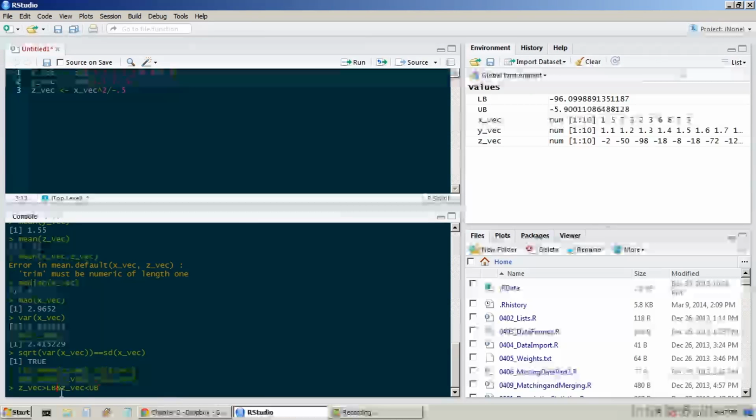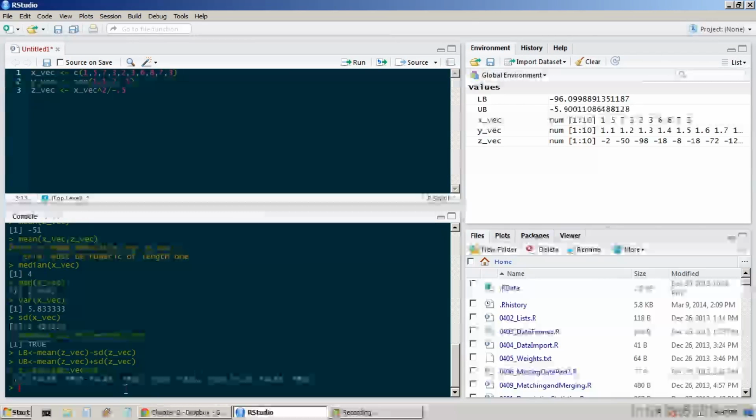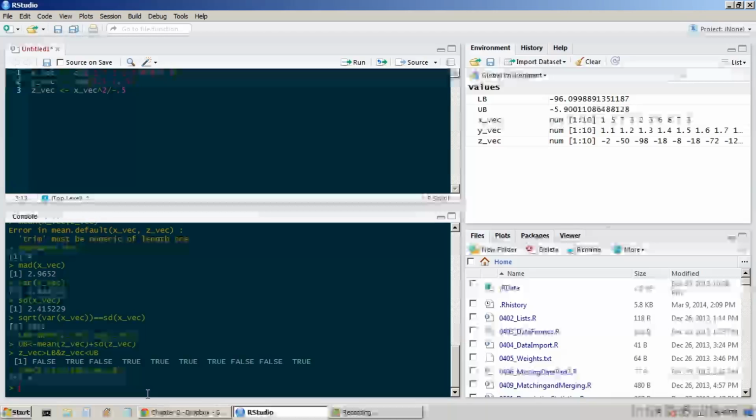So here, you can notice that I'm separating these two conditions by an and sign. So this and sign will return true for any of the objects in the z vector which are greater than the lower bound and less than the upper bound. So you can see it returns a series of false and trues. Now, if we want to count the number of trues, all we have to do is use the sum function, because the sum function works on numerics, and anytime a Boolean is true, if it's forced to numerics, it will become a 1. If it's false, it will become a 0. So we can see that